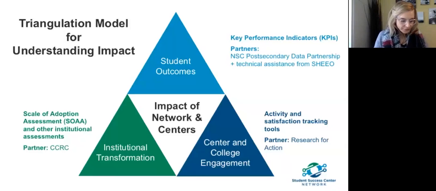So before I close out, I want to share a couple of things that we'll be doing over the next 4 to 6 weeks. I've spoken with a few executive directors, about a third, to begin to have conversations about understanding impact. What will it look like to measure our directional impact on the ground? If we look at this triangulation model, what does that look like? How do we do that work and understand that impact together?